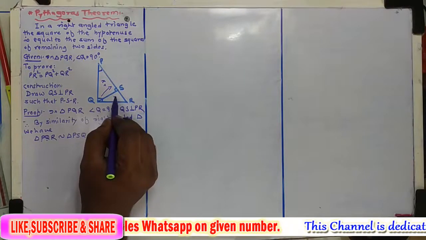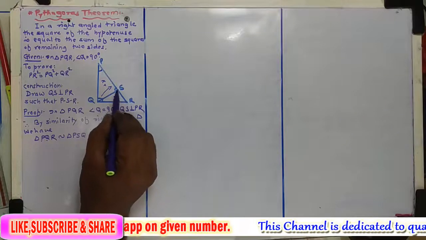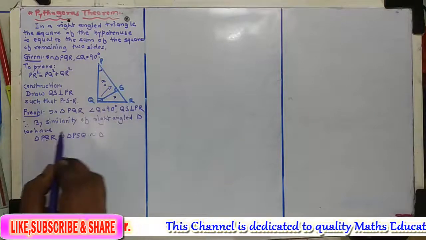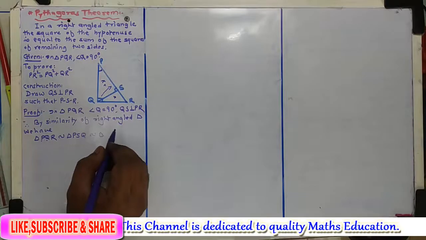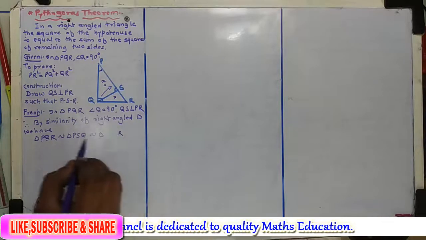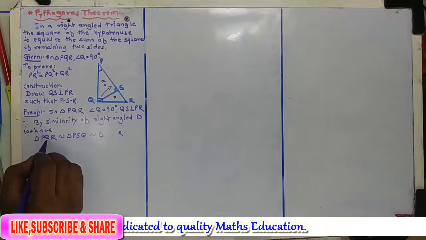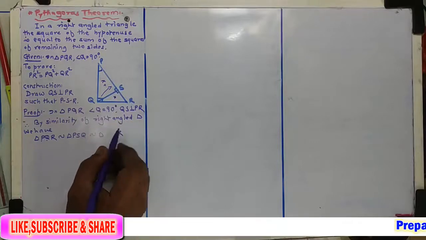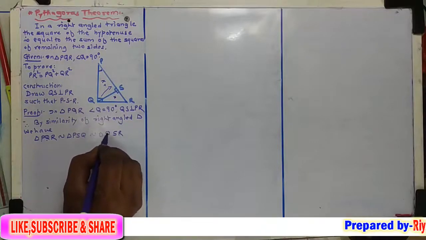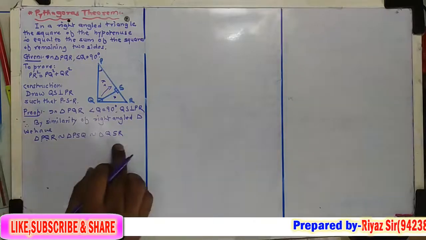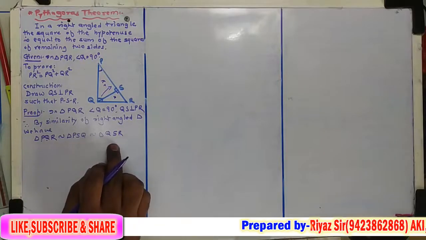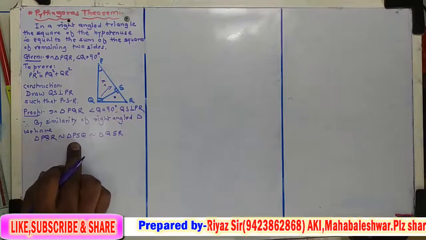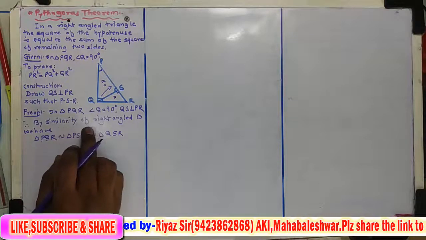Now in this lower triangle RSQ and this original triangle PQR, vertex R is the common vertex, and R comes at the last position. So in the third triangle R comes at the last position. Now at the second position vertex Q is there, which is the right angle vertex. In this lower triangle the right angle vertex is S, so S comes, and the third vertex is Q. In this way we write these three triangles: triangle PQR is similar to triangle PSQ is similar to triangle QSR by the similarity of right angle triangles.